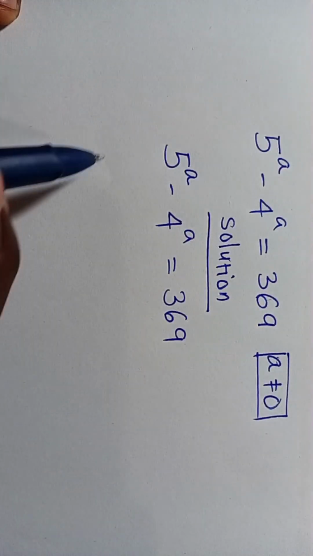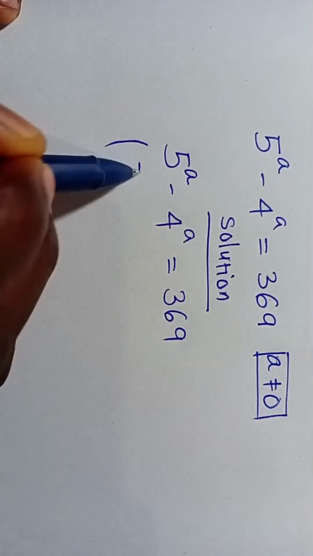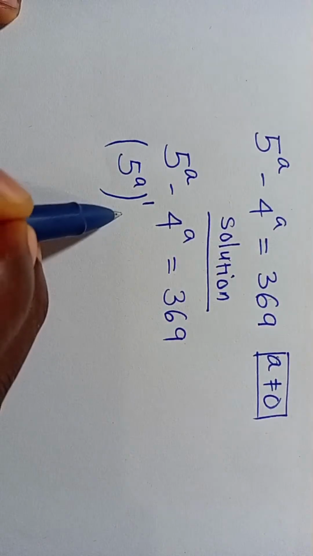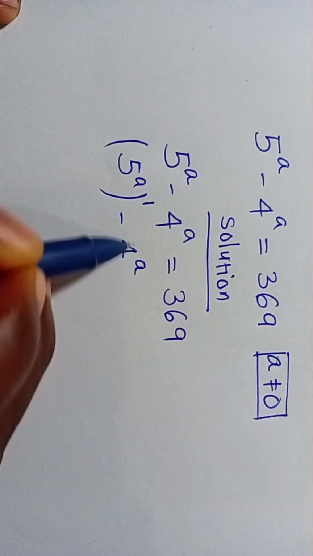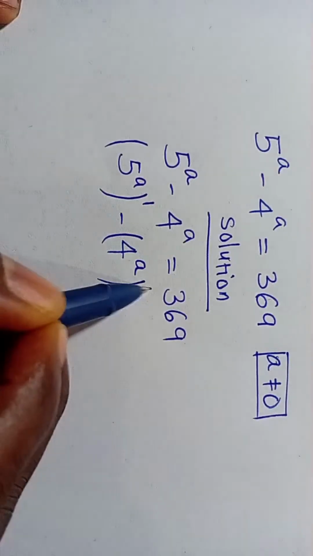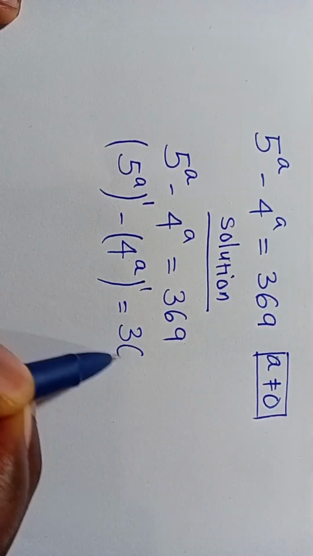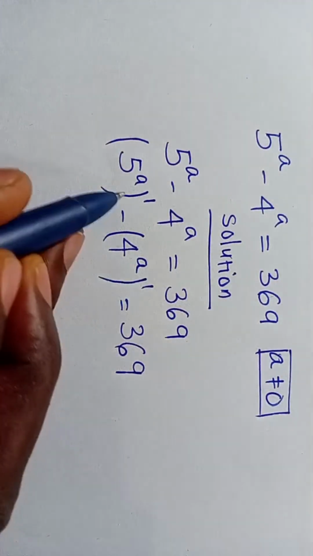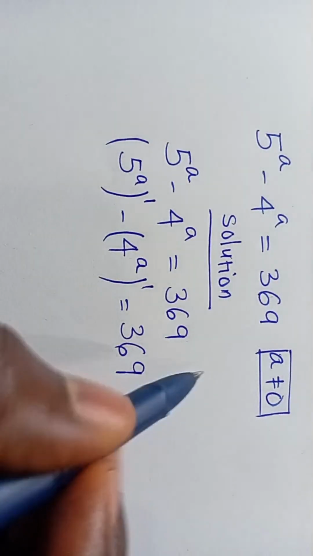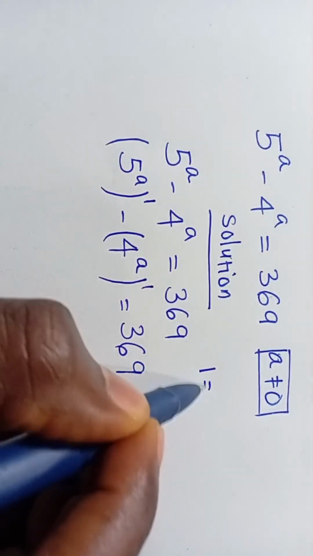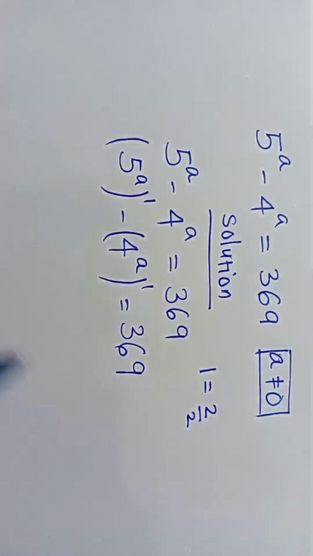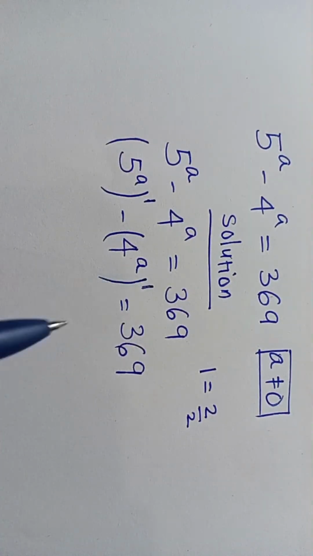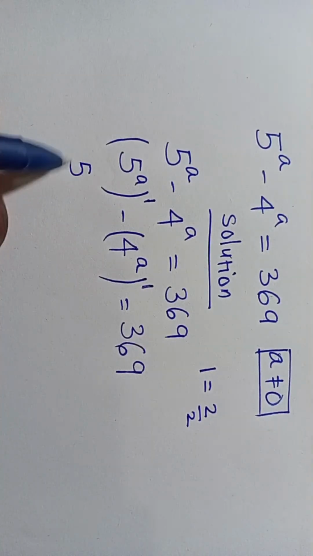So if we raise the power of both sides by 1, we're going to have... so we have this power to be 1, this power to be 1. Then let us note that we can have 1 to be equal to 2 over 2. So meaning we can replace this 1 here as 2 over 2. So we're going to have this as